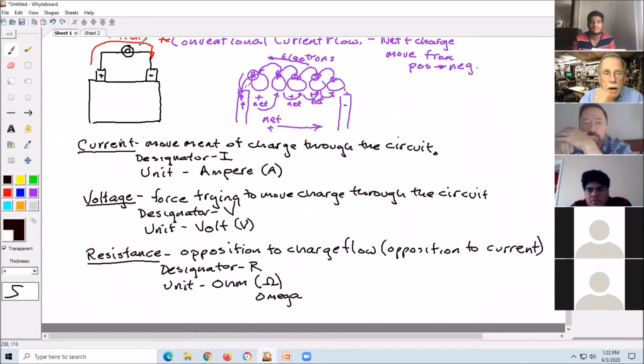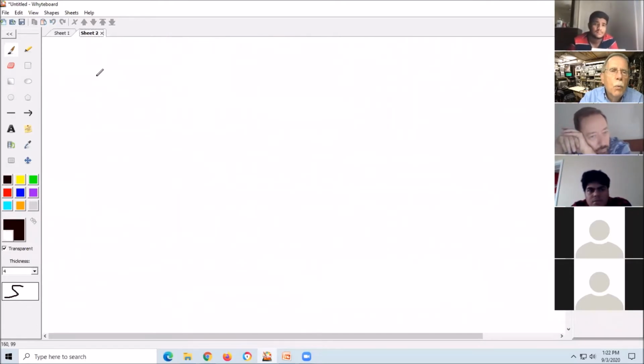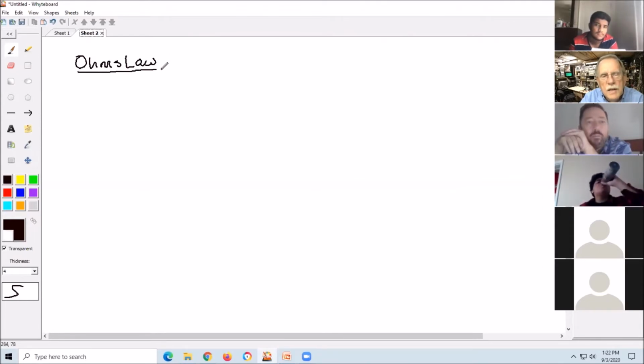And we have the amount of current that's flowing. All right. So if I go over here, one of the things that Ohm was famous for is what we call Ohm's law. And Ohm's law says that